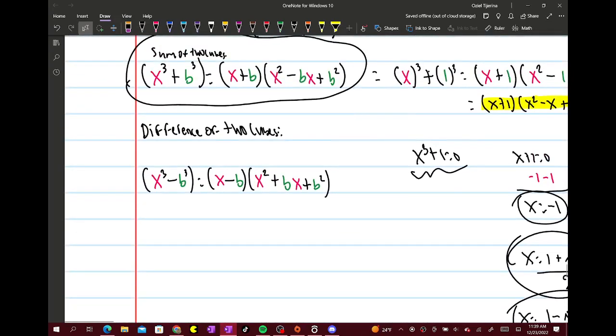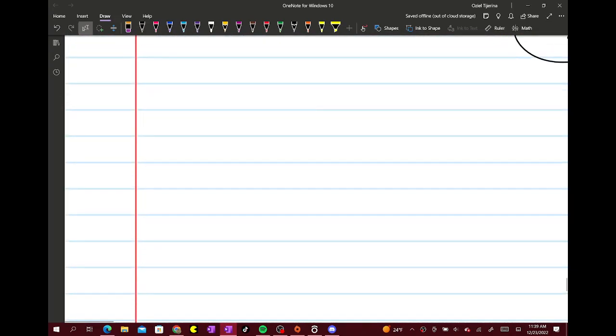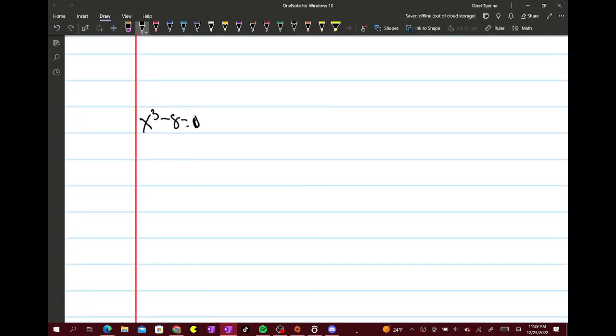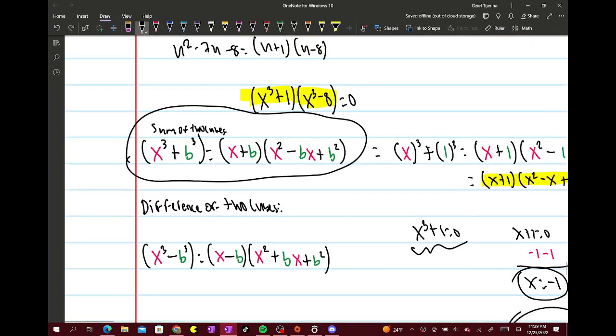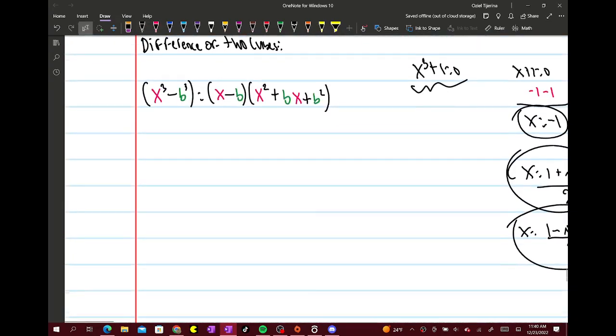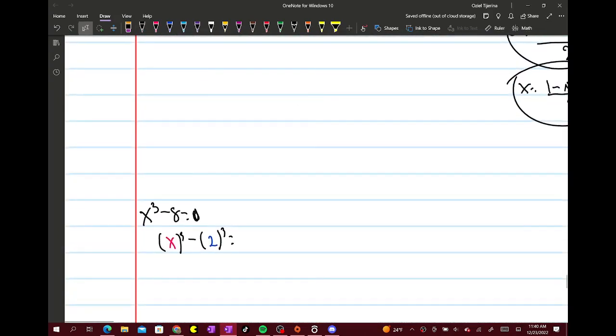Now we need to do x cubed minus 8 equals 0. So we have x cubed minus 8 equals 0. You would do the difference of 2 cubes pattern, so it'd be x cubed minus 2 cubed. And so this would be x minus 2